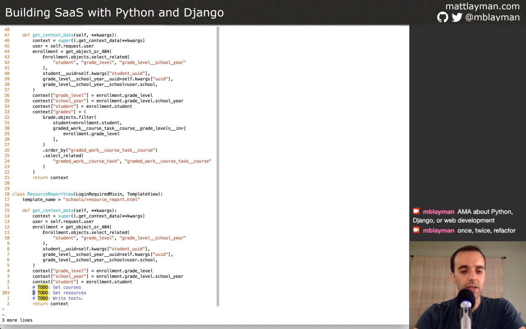So the other thing that we need is where we diverge from this progress report. In the progress report, we're getting all the grades. The grades are the list of things that the students care about, or the students have done, and that's not what this report needs to show. Instead, this report needs to show